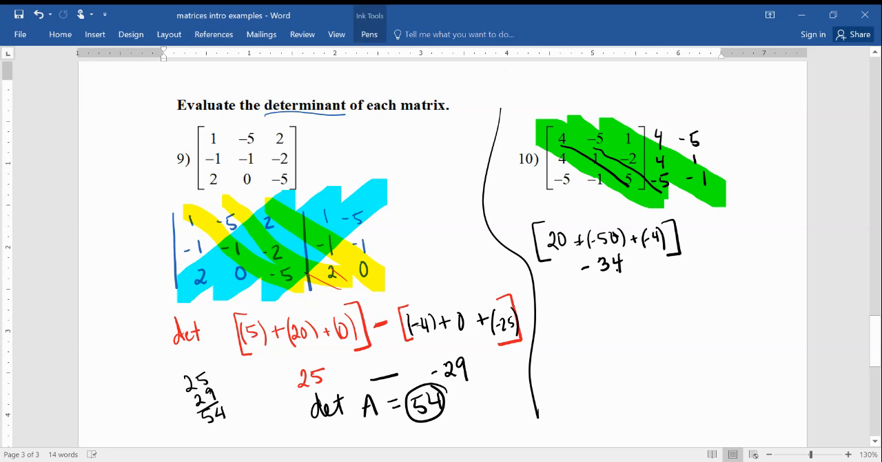Let's see if we can squeeze this other half in. All right, so we're going to go this way now. We're going to do this diagonal. So negative 5 times 1, that is a negative 5, plus negative 1 times negative 2 times 4. That is a positive 8. And then 5 times 4